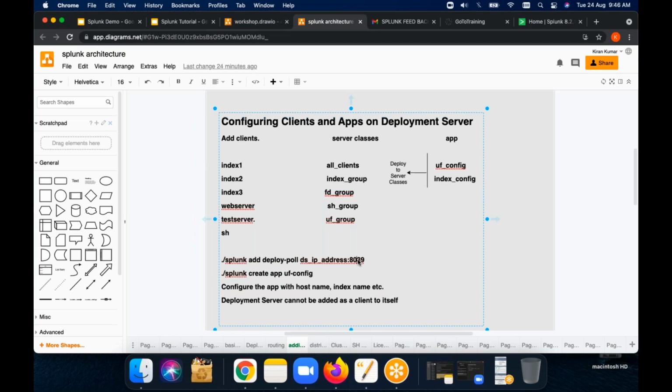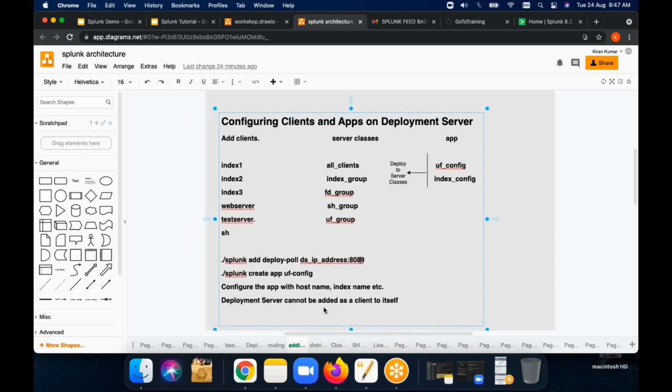Splunk has different port numbers for each and everything. The port numbers are pre-configured, but there is no need to use those port numbers only. If your server is occupied with something else on that particular port number, then you can change it. Otherwise, you can use the same port number. 8089 is the management port number, so whenever there are management kind of things, you have to use it.